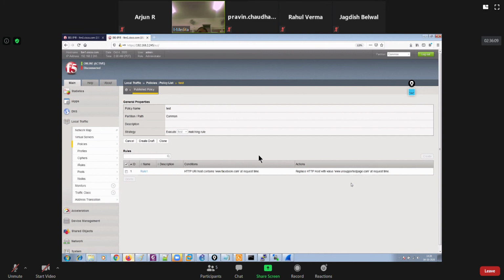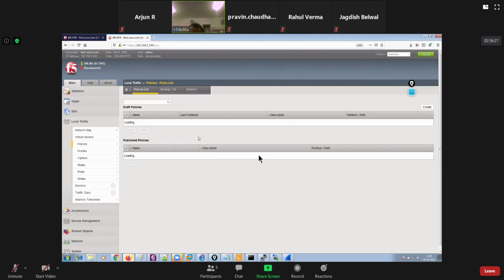So you can have multiple rules, like you had rule 1, then you could also create one more rule over here. To do so, first of all, you will have to remove this policy.